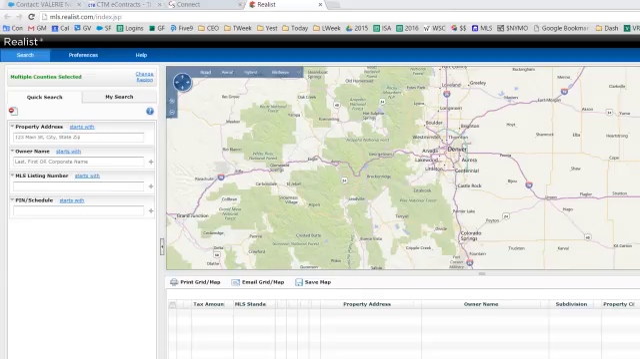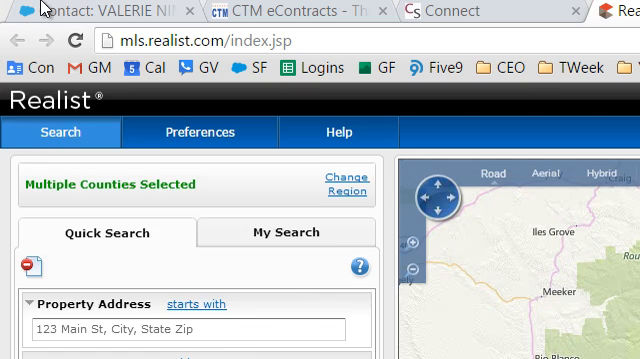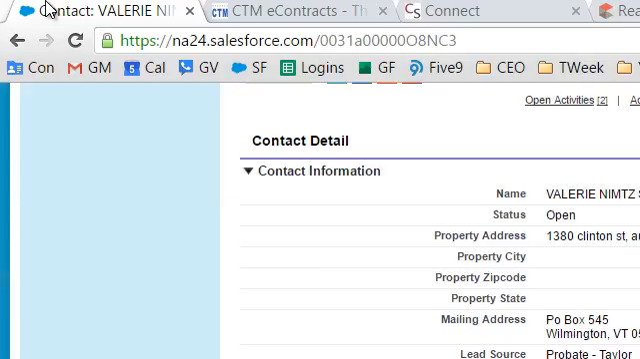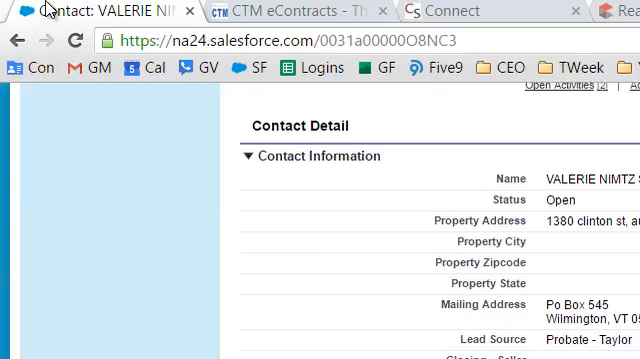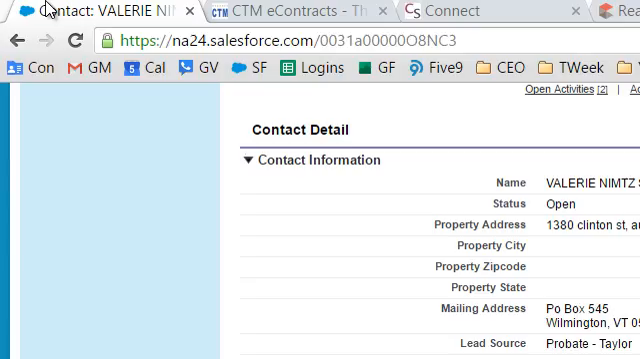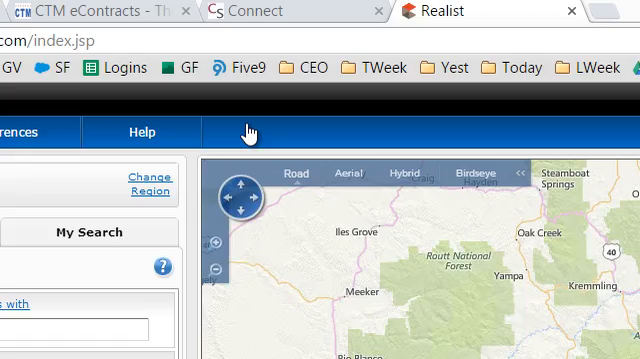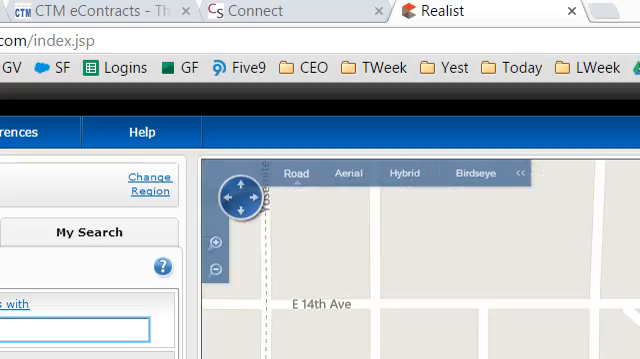Okay, so this is how you draft a contract. So first thing you're gonna do is you're gonna look at your Salesforce contact, and you're gonna find the address of 1380 Clinton. It's 1380 Clinton. So I need the legal description, so that's what this is. So I'm gonna pull this up,